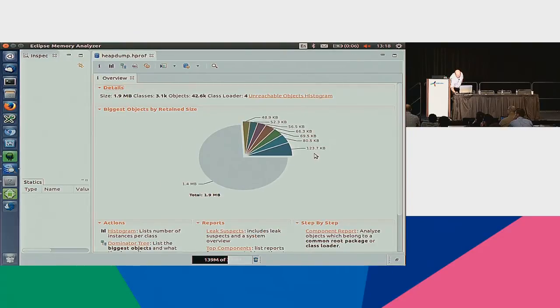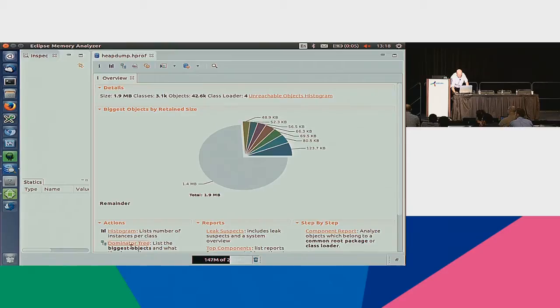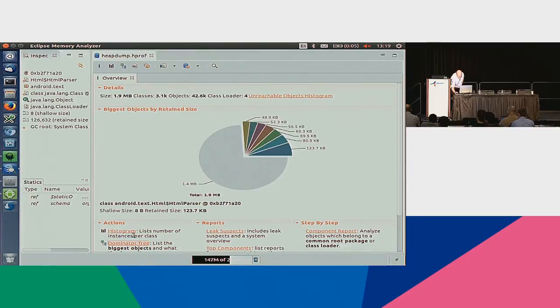Now, I could spend a half-day workshop just talking through Mat. We don't have that kind of time. And so this particular pie chart is going to be useful in the Java realm, but most of the things that are reported in here are stuff that comes just from standard Android, and therefore is not really something you're at fault for. But if you go in and bring up something like the Dominator tree, assuming my Mat feels like behaving for me today, gotta love live demos. If I bring up my Dominator tree,